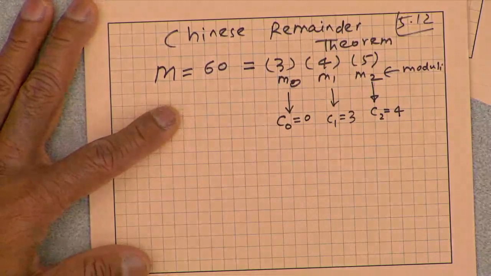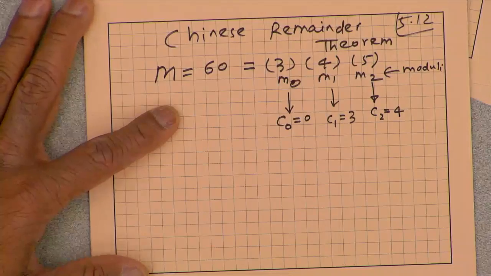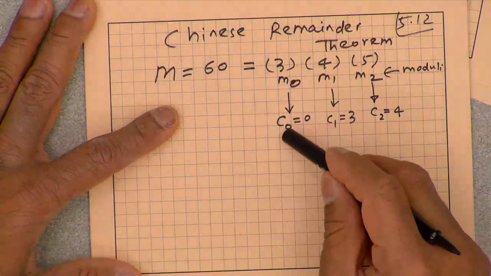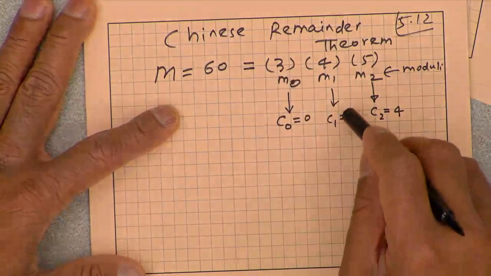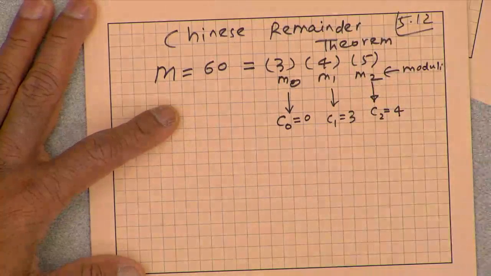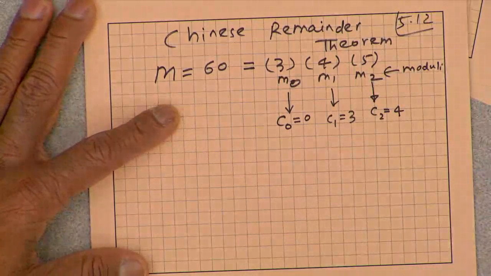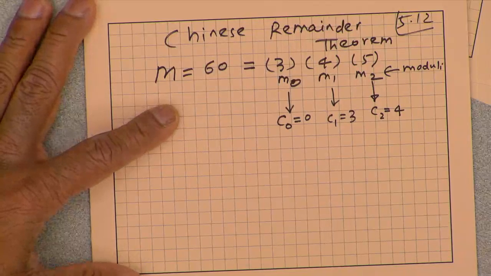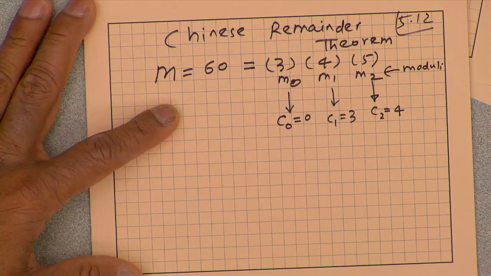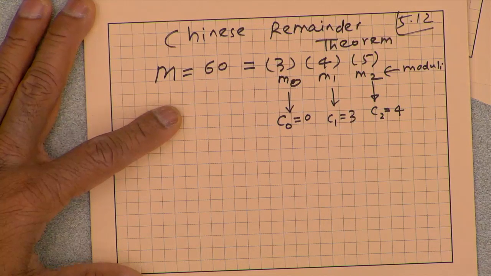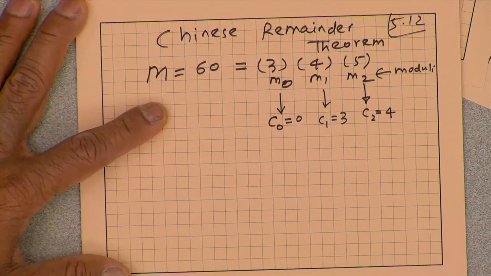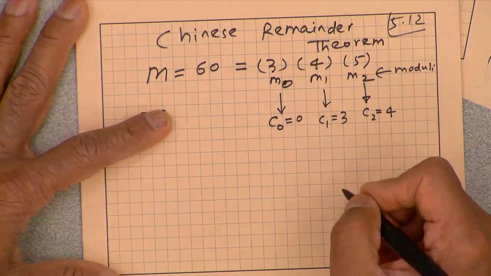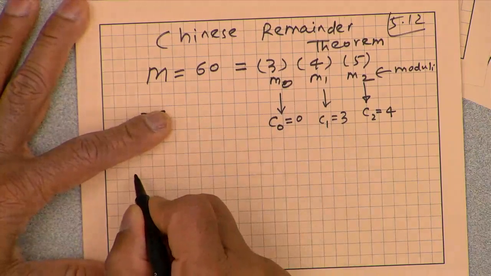And then my goal, what the Chinese remainder theorem does, is it tells you that number. Given these small remainders, because this remainder has to be less than 3, this remainder has to be less than 4, this remainder has to be less than 5, because we divided by those numbers. So the Chinese remainder theorem gets back the original number from the remainders. Did anybody hear about the Chinese remainder theorem? No, okay, that's fine. So here is what the Chinese remainder theorem says.